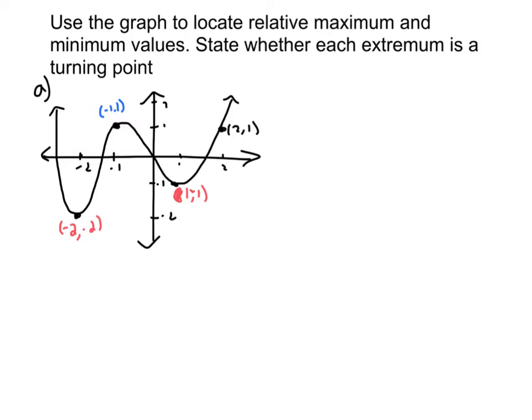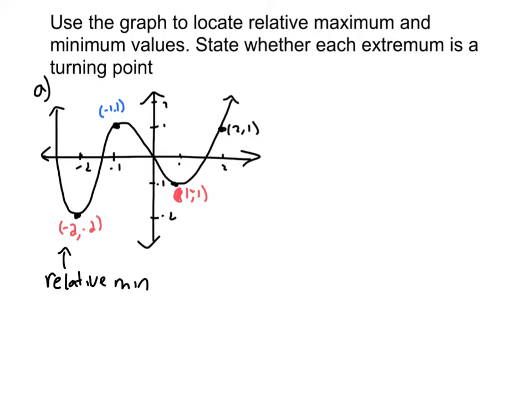Sometimes they're also called local maximum and minimum, because what it means is that you are the max or the min within a certain neighborhood. Okay, so within a certain local area, or relative to the points that are around you. So this would be a relative minimum. Let me go ahead and state that. So this point is a relative minimum,